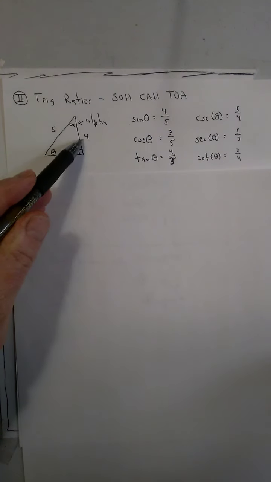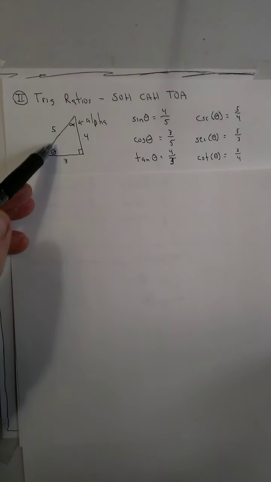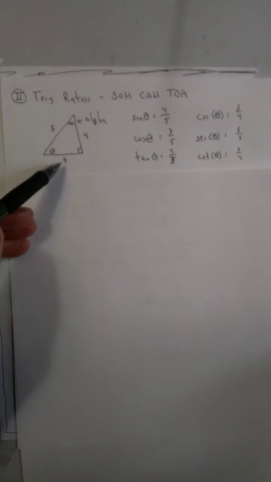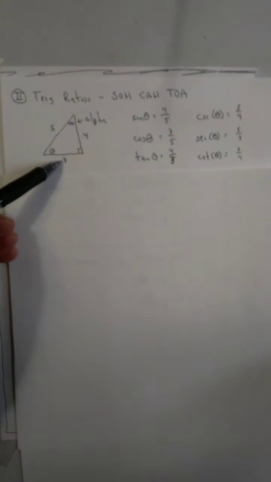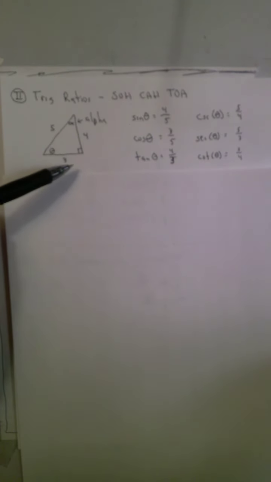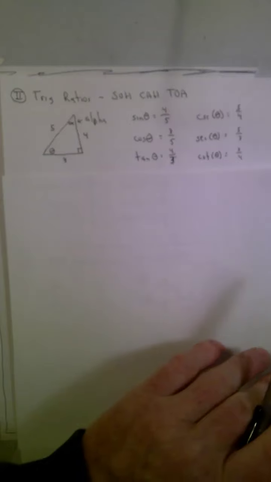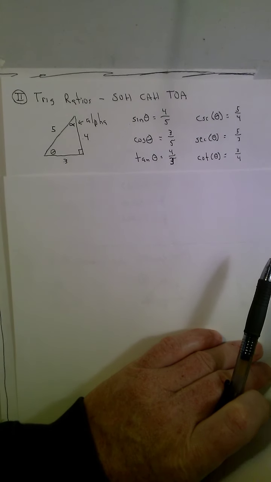A 3, 4, 5 is the most common right triangle where all the sides are integers. 3 squared is 9, 4 squared is 16, 9 plus 16 is 25, square root of 25 is 5. In a right triangle, the Pythagorean theorem always works. In fact, it only works in a right triangle. All right, so if I want to find the 6 trig ratios, trig functions, really,